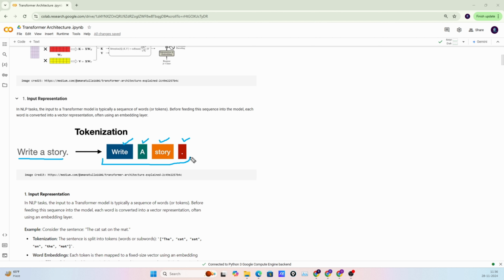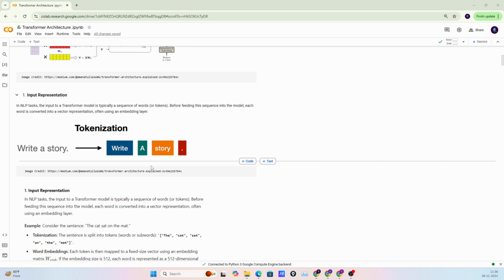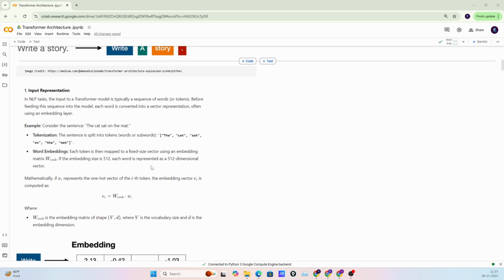But we have different options, different terminologies, and different techniques for tokenization as well. This is the very simple way I'm explaining: the input is a sentence, and we split the sentence into different words. So this is the very simple approach of tokenization. Different models have different strategies or approaches. And after tokenization, the next step is embedding, like word embedding.